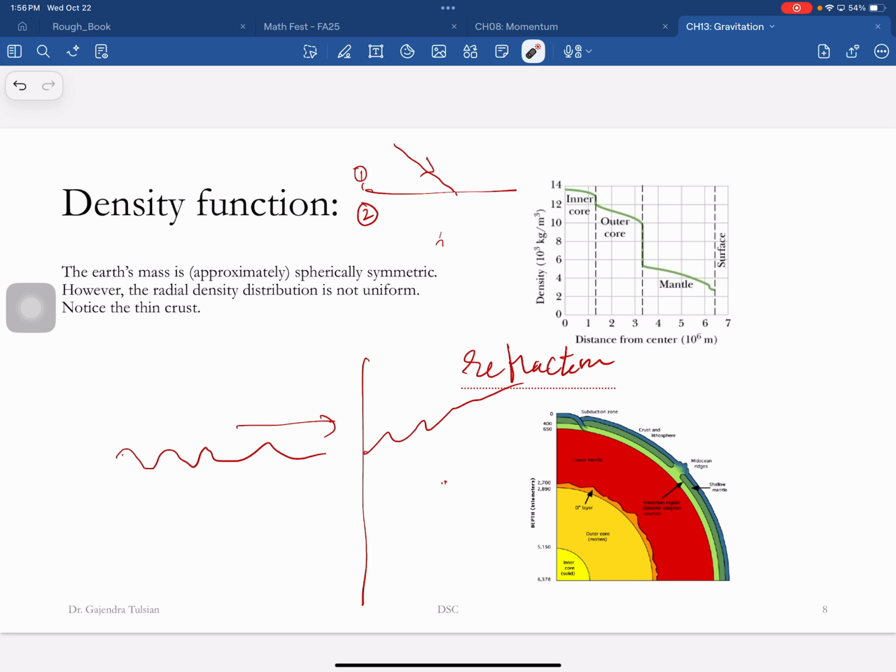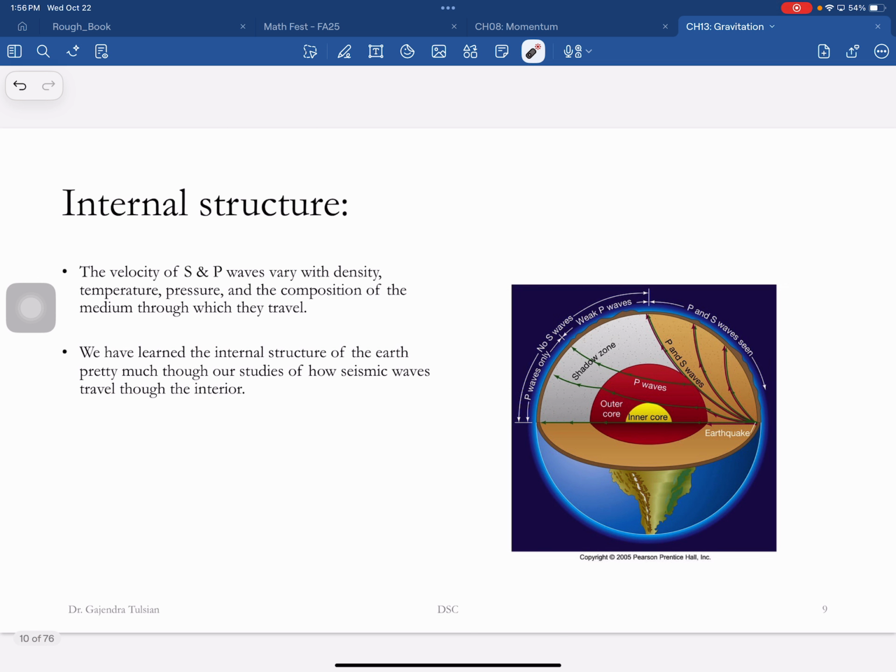And the speed of a wave in a medium depends on the properties of the medium, such as density and so on, if it's a mechanical wave. All right, so here's the deal. Here's an earthquake. Earthquakes are mechanical waves, sound waves, so to speak. We call them seismic waves.